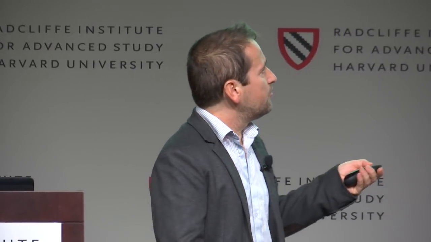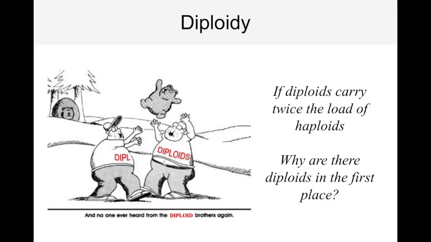So because this load is twice as large in diploids, it means that the average fitness of diploids should be lower all the time than the average fitness of haploids. You may think, well, why did diploids evolve in the first place if their average fitness is lower than haploids? Well, that's a difficult problem. And in fact, to understand what's going on,